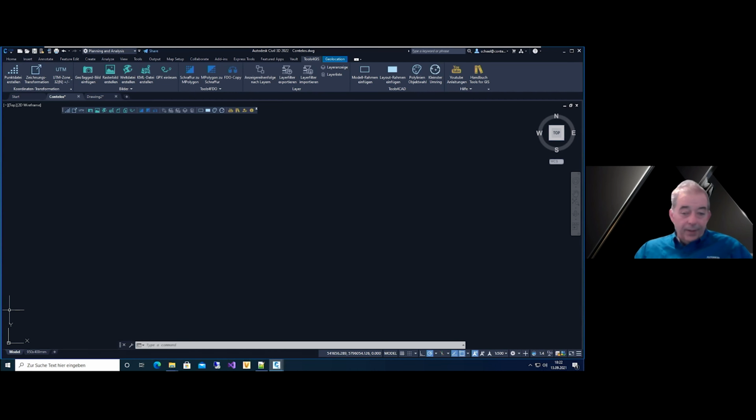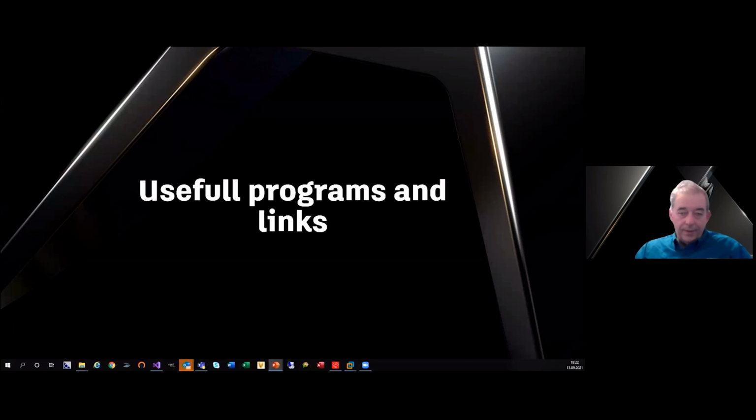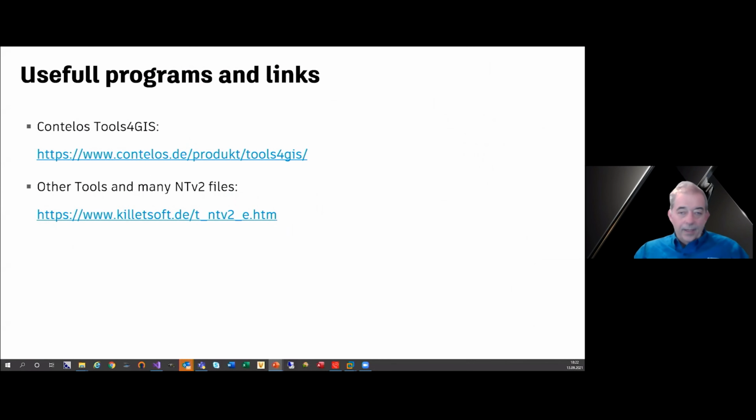Okay, a little look at this moment: useful programs and links. At first, when you are interested in the tools for GIS to generate a GSB file, you can use the first link.